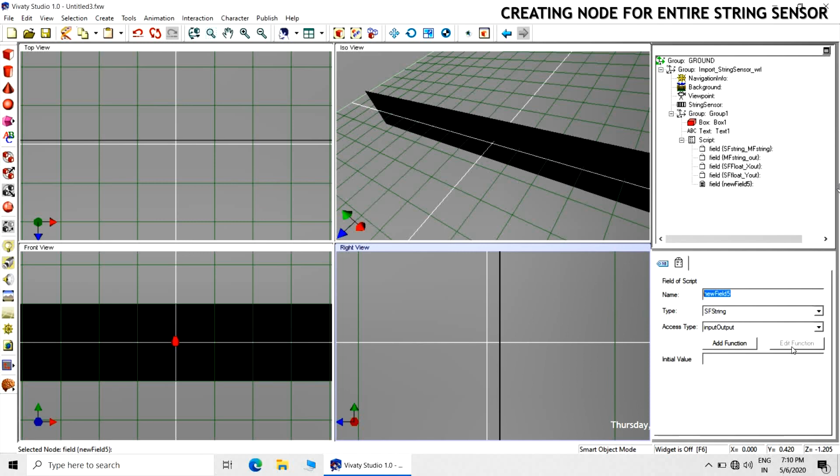So create the third and last field, sf float underscore z out. Then change the type to sf float, and access type will be output only.